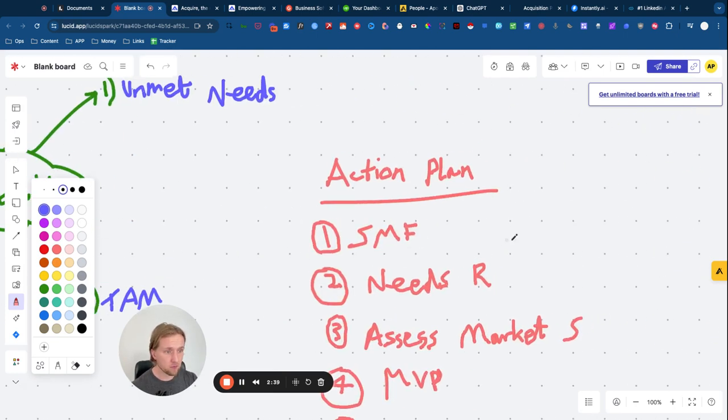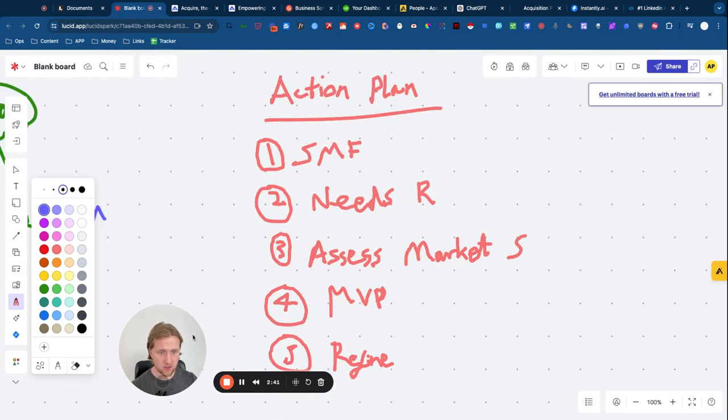So in terms of the action plan of this video, what we're going to do first is go over my process that I use to find service market fit, finding and creating a service that people actually need and will pay for. After that first step, we're going to look at whether there is a need. We're going to look at how we can research that need, what I do specifically to research the need, and what data I actually look at and draw down from my research.